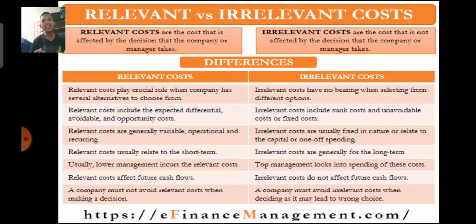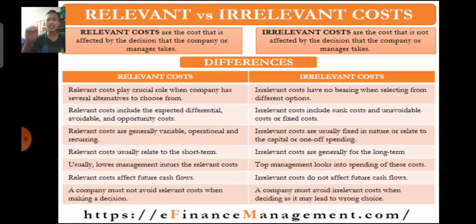But if the manager decides to buy a new car to get better performance, or to be earlier at the meeting or something, then the cost to buy a new car will be a relevant cost,